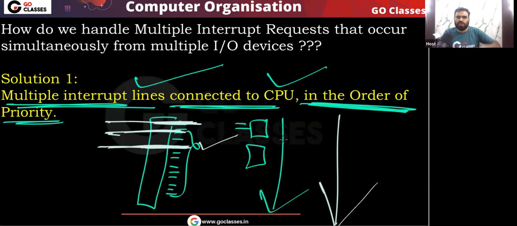Yes or no? If you randomly connect the devices, then the CPU has to check all the pins. Do you agree with me? That is a dumb thing, because if you connect the IO devices in a random order, then the CPU will have to check all the pins to find out the highest priority interrupt. Yes or no? So that is the reason we connect the IO devices in the order of priority,